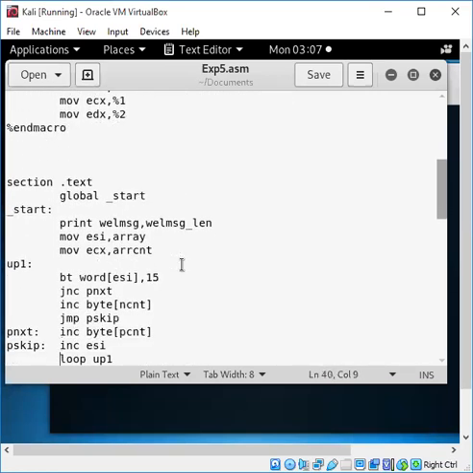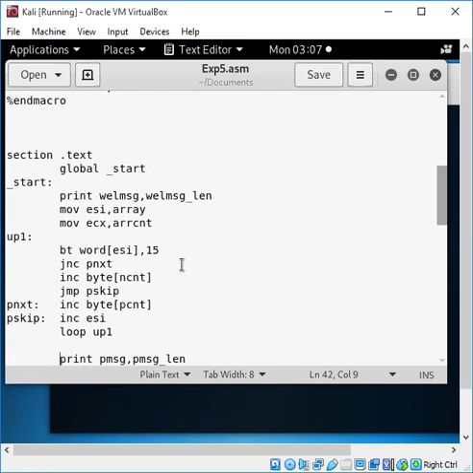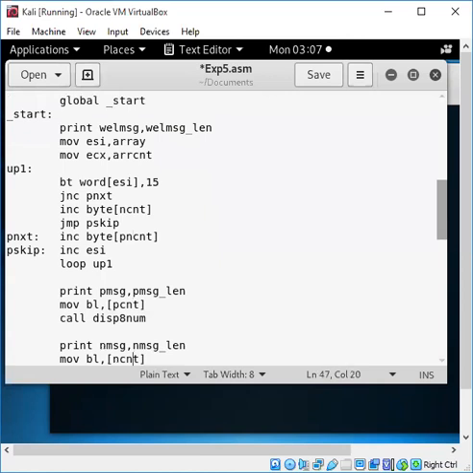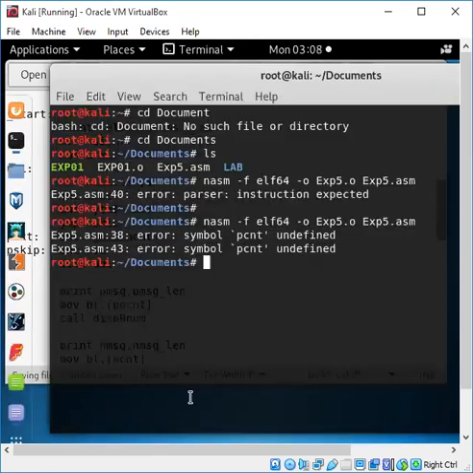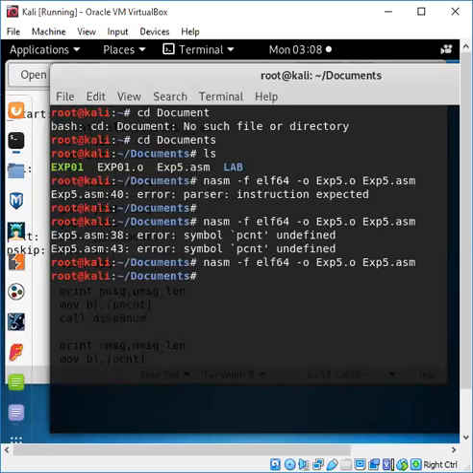So at 38 we are going to initialize it as PNCT, and at 43 also PNCT. So hopefully it will generate the .o file.